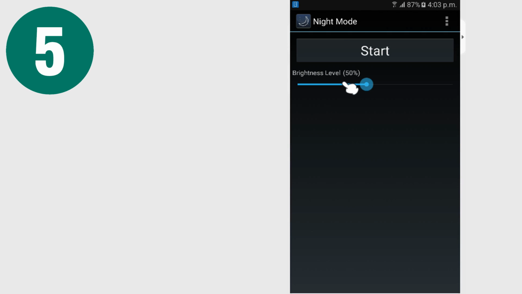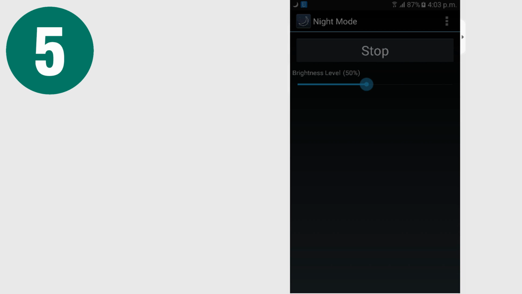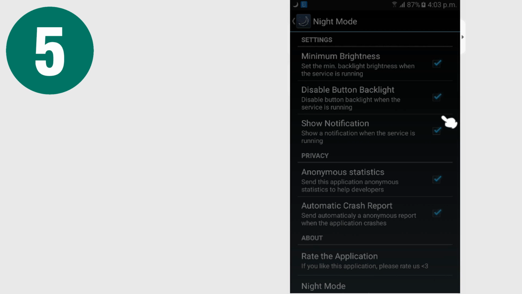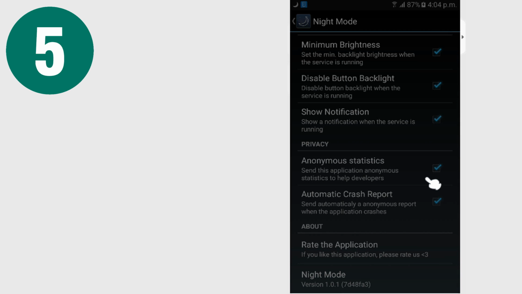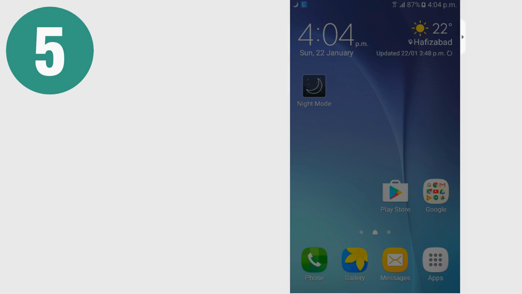Now launch the app on your device and you will see an option to set your screen brightness. Now you need to modify the options according to your wish to set it best to work on your Android. At last, you can set the minimum brightness level to work at night that will not harm your eyes and you can work easily on your device. That's it, your Android is now perfectly ready to use at night.